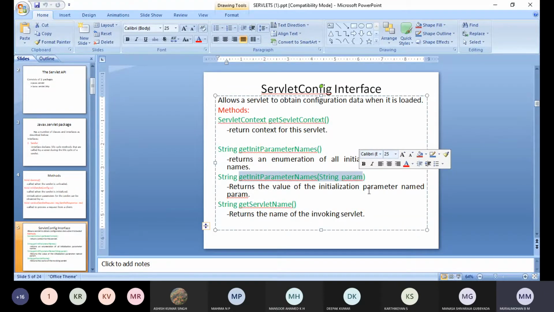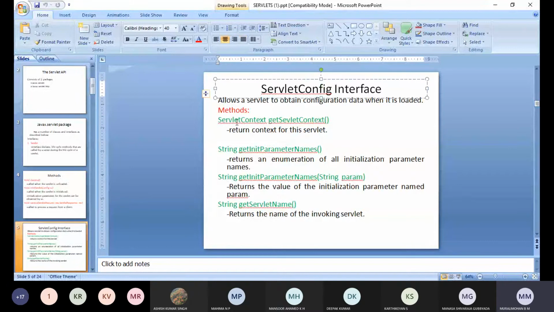This will return the value of the initialization parameter named in param. Next, getServletName. So this returns the name of the invoking servlet. Okay. So this is the second interface we are having, and these are the methods defined inside this ServletConfig interface, which will allow a servlet to obtain its configuration data when it is loaded.